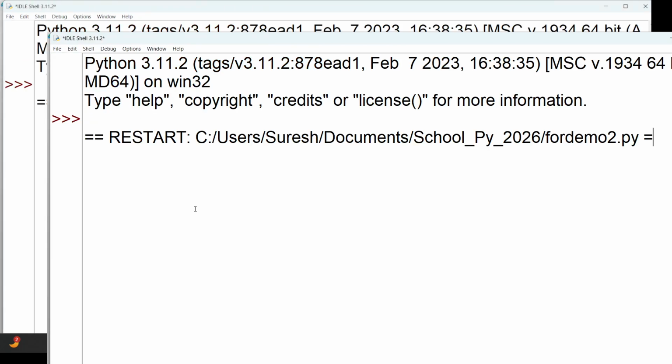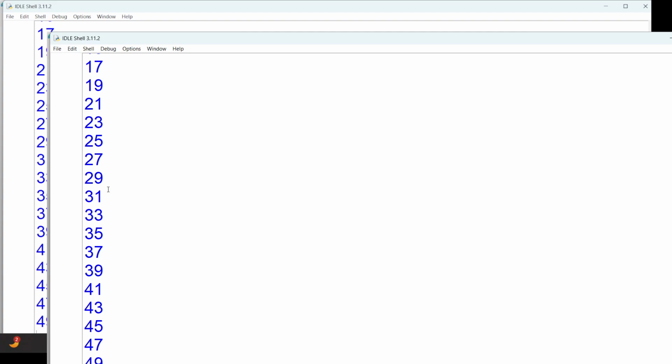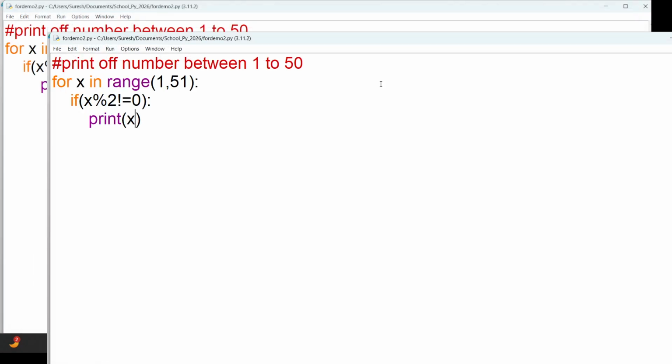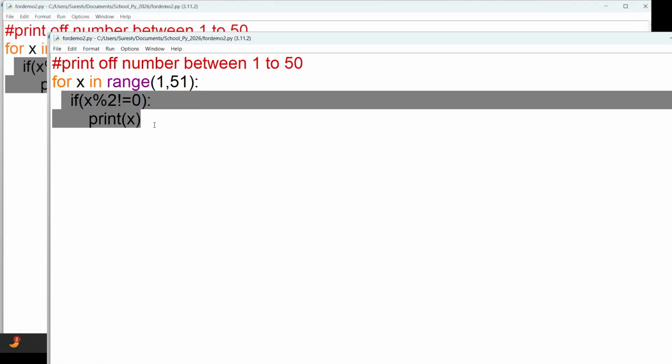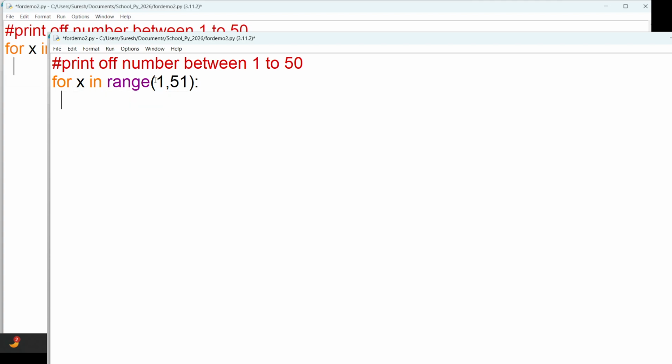This is one criteria, one scenario. You can see that all the odd numbers you are getting. But yes, without if else also we can try. That's a simple part. See, we know that if you are not passing the last parameter, by default, increment